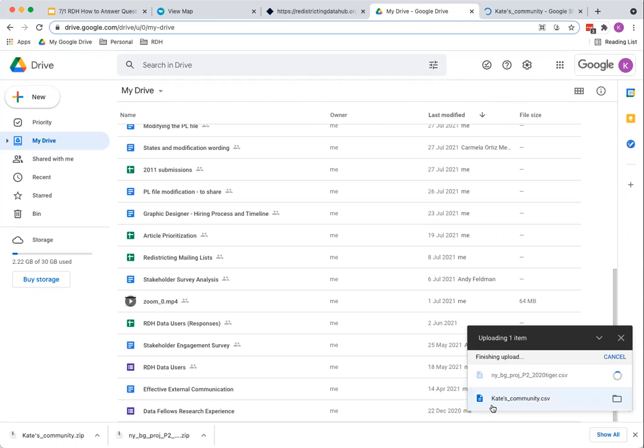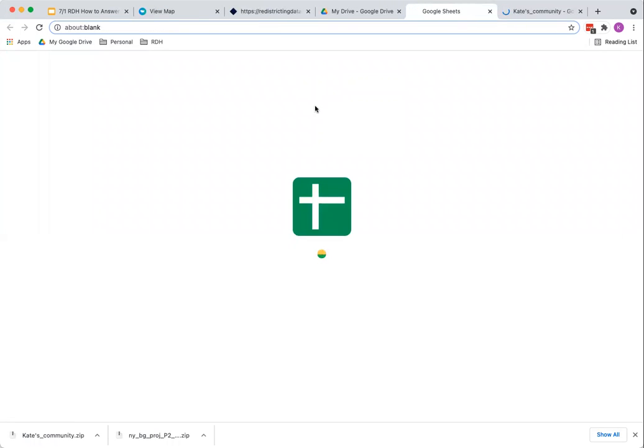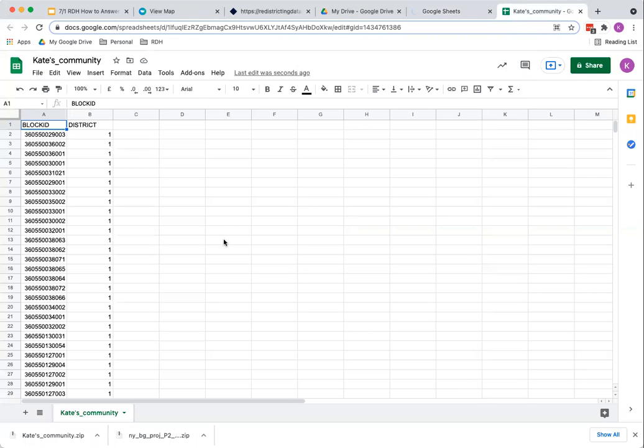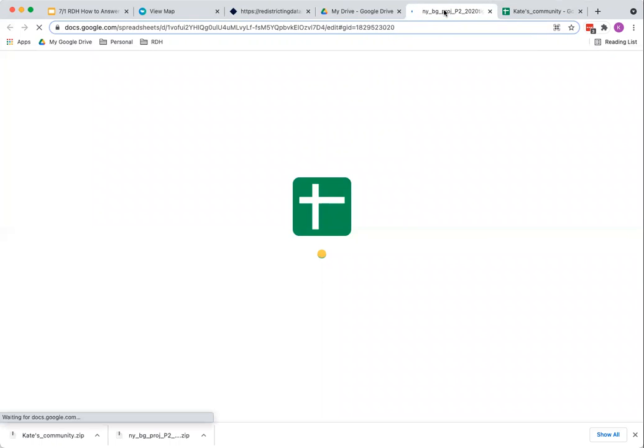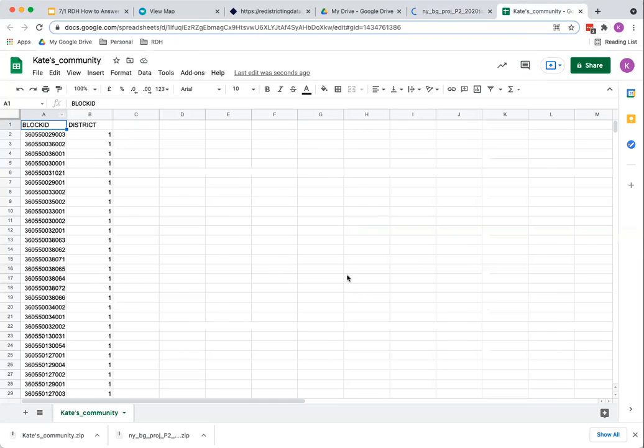Once it finishes downloading, I am going to repeat the same process by opening it with Google Spreadsheets. So I'm going to first do one important piece of cleanup. And that is that I want the name of the column identifying my Geo IDs to match in my 2 data sheets, in the data from our website and the block group equivalency file from my community of interest map.